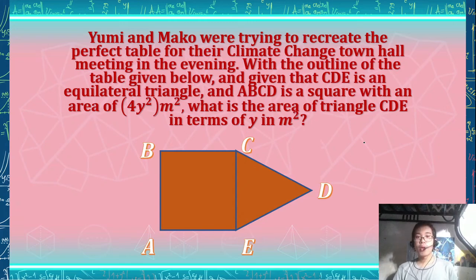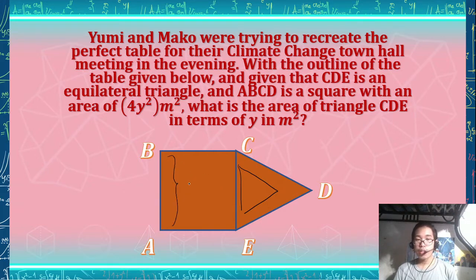So for the second problem, let's try to solve it. Okay, so we have here Yumi and Mako were trying to recreate the perfect table for their climate change town hall meeting in the evening, with the outline of the table given below, and given that this triangle here is an equilateral triangle and ABCD is a square with an area